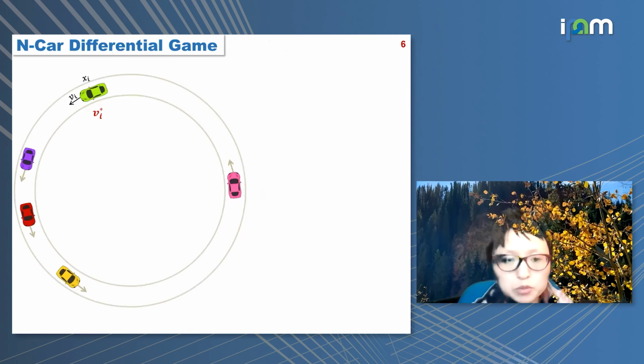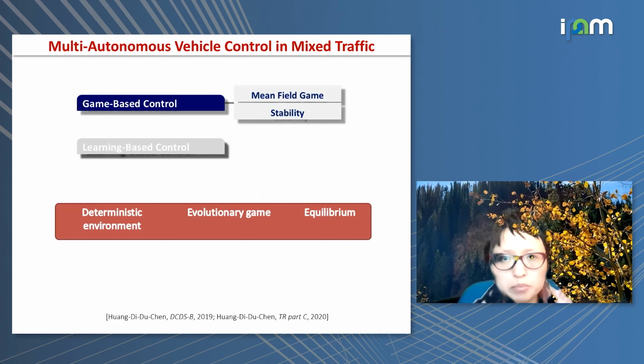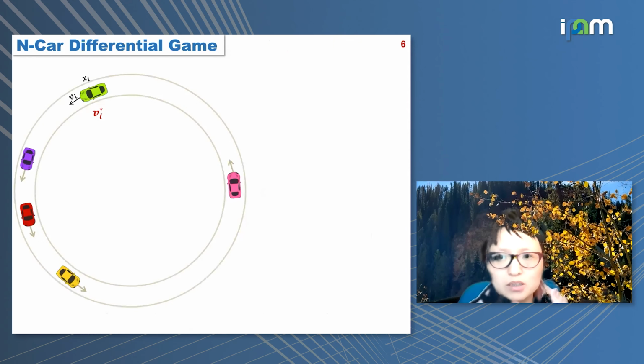Okay, let me move forward to this game-based control. But before I move on, any questions or comments about the mixed traffic I just talked about? Okay, good. So let me give you a setup of how we apply this mean field game to the AV control scenario. So we start with a differential game. You can see on a ring road, 5 cars are moving,